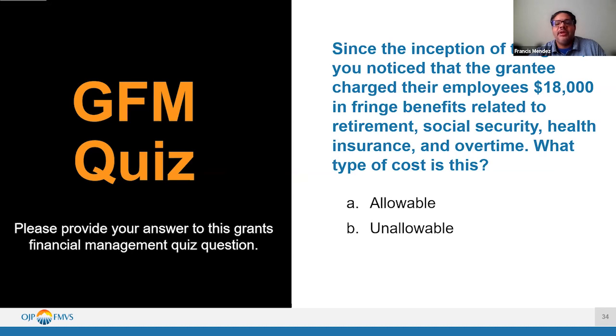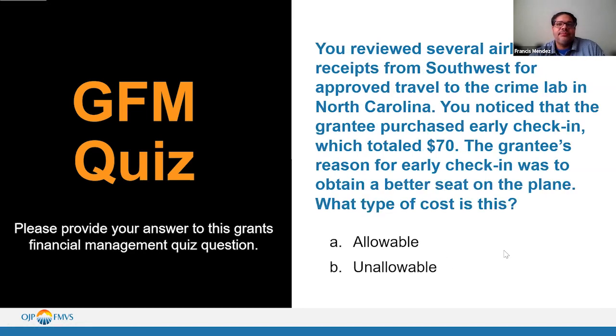Yep, it is an allowable expense. Fringe benefits are allowable, which is generally with respect to overtime, as long as that's allowable under your grant conditions, that's fine. Executives are limited from being reimbursed for overtime. And just remember that if you have someone that is not full-time on the grant, you have to prorate the fringe benefits. Okay, let's go to the next question.